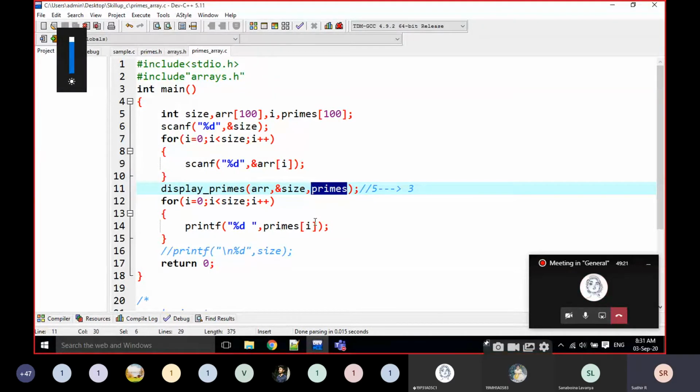Note down the main function. Does everyone understand?